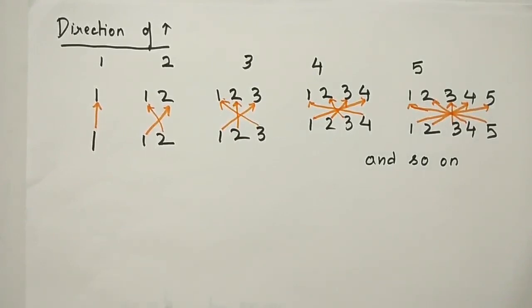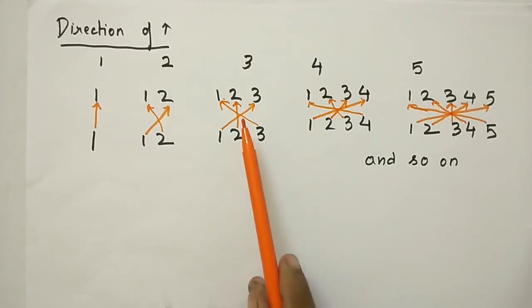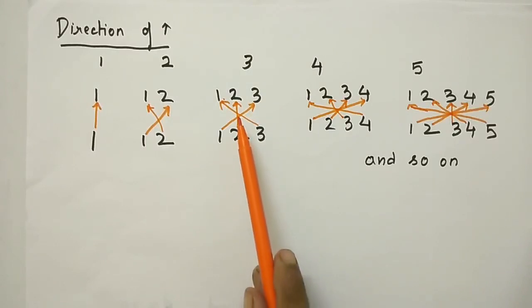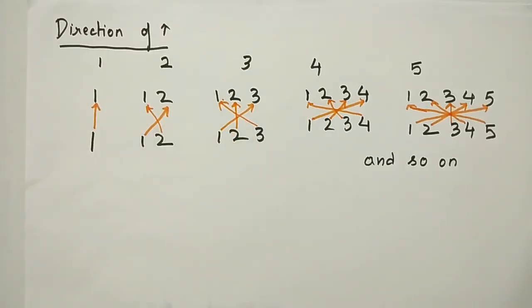If you observe these patterns, if the number of digits is odd, the middle digit of the multiplier is going directly to the middle digit of the multiplicand. Okay? Now let us take an example and do our calculations, that is, let us start our calculations using the multiplication trick. If the pattern and direction of the arrow are in our hands, then the multiplication trick can be used easily by us.